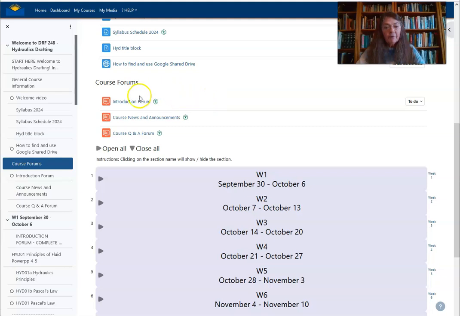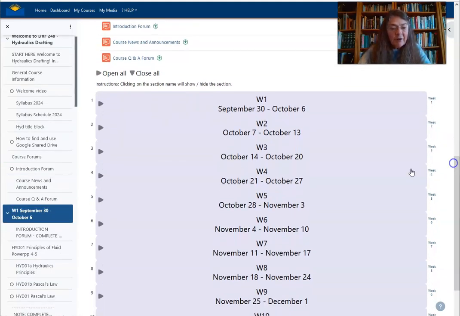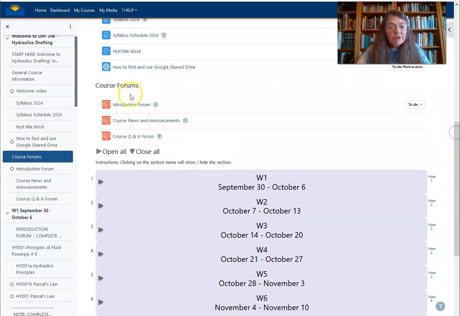There are forums, and notice what this index is doing. As you scroll down through the page, it keeps track for you of where you are. It's a little indexy thing. So the first thing we'll do, our first assignment, is called an introduction forum, and let's open this arrow and